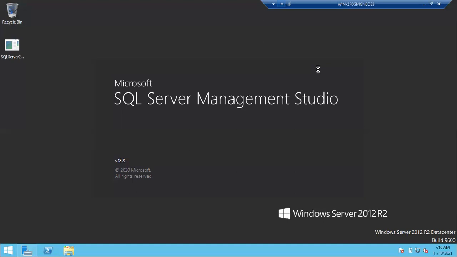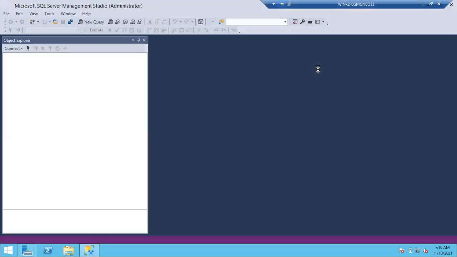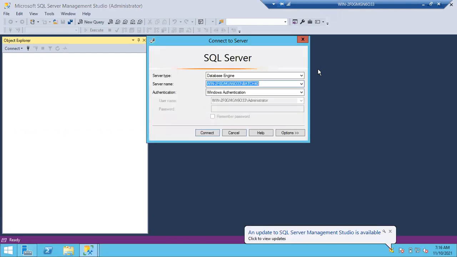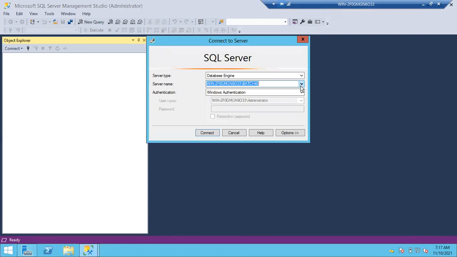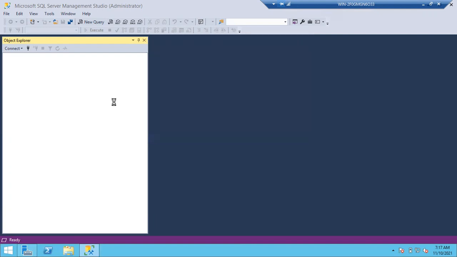Clear, guys? In these two scenarios, usually we remove the patch: one is if the last patch is unsuccessful, and the other is if the application is not compatible.